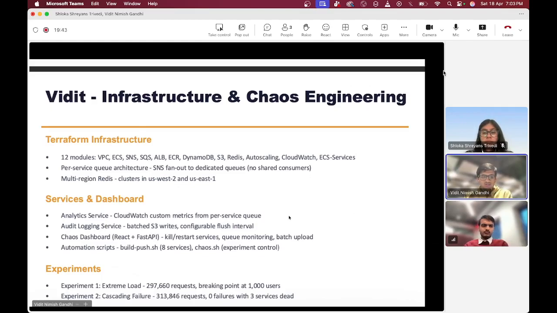Also, I created the chaos engineering dashboard, which was inspired by Netflix. It was built with a React UI on the front end and FastAPI as the back end, with 4 services tabs where we can live monitor all the services that we have. We can kill some services, add delay to services, and also observe how many transactions are going. And there was a new tab added to that dashboard, which was the